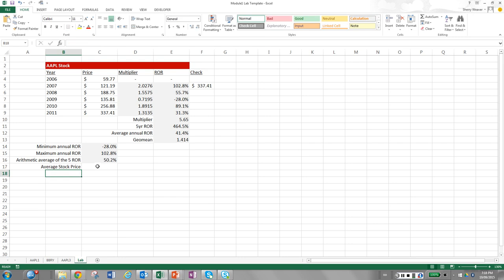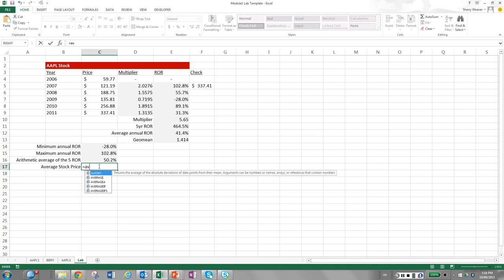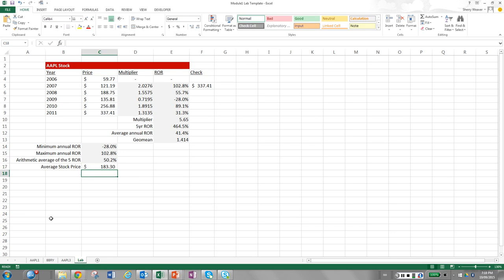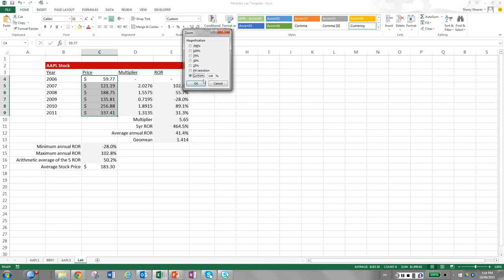And if I want to put the average stock price, I could put equals average. Highlight that and enter. Now, I might want to do it rather quickly, or I might not want to actually put a formula in the cell. I just want to highlight a range of cells and figure out what the sum of those, or the average of those cells are. Take a look down in the bottom right,